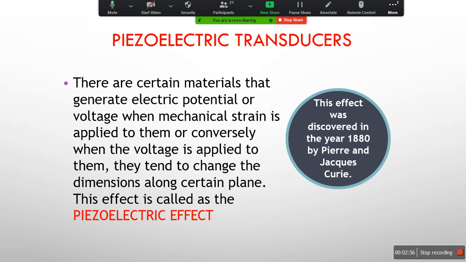What do we mean by conversion of energy from one form into another? Suppose you take the example of a sound system: the sound energy is converted into electrical energy. That is one case where you call the transducer as converting energy in the form of sound into electrical energy. That means the sound is converted into voltage, or sometimes the voltage is converted into different types of parameters. That is what a transducer is.